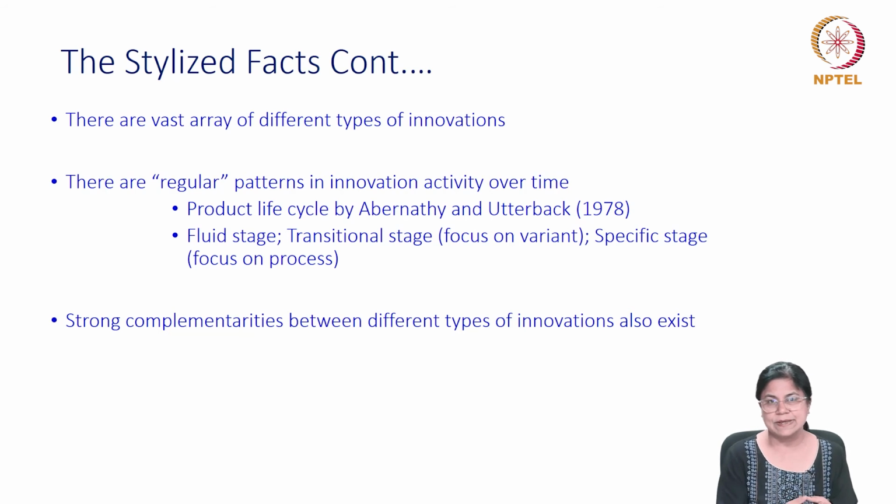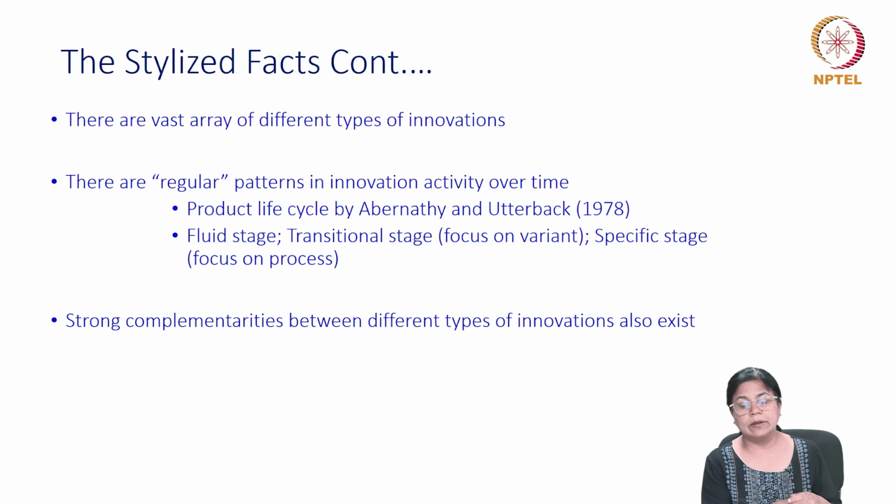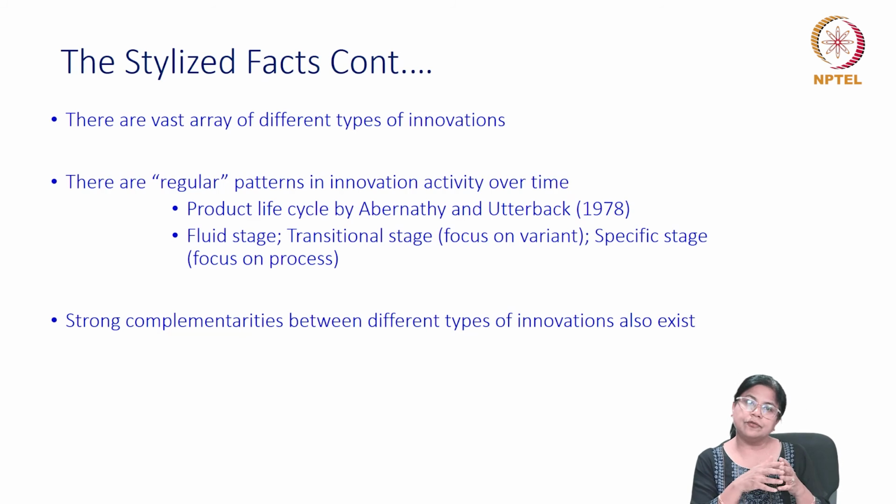So in the product life cycle, different stages of innovation activity have been talked about. The focus is initially the product itself, ensuring that it reaches a standardized level, then at a later stage introducing different variants of that product, and towards the end, the focus is process innovation, the need to make a standardized process through which the product can be mass produced such that the cost of production comes down immensely.